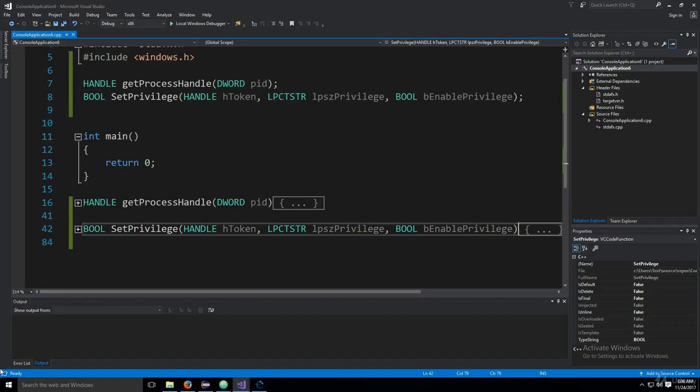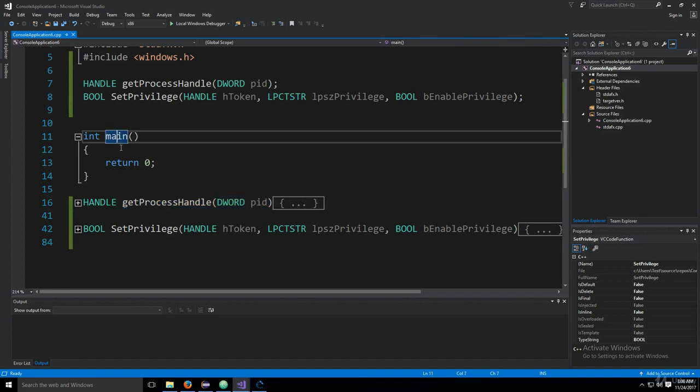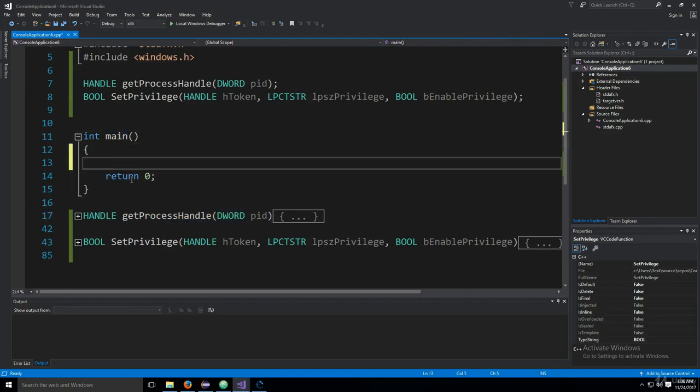Welcome back. So let's go ahead and actually attempt to read and write the function ReadProcessMemory. So the first thing that we're going to need to do is type in GetProcessHandle. So we're just going to go into the main, and I'm just going to type in HANDLE pHandle equals GetProcessHandle, and I'm going to need to pass a PID,